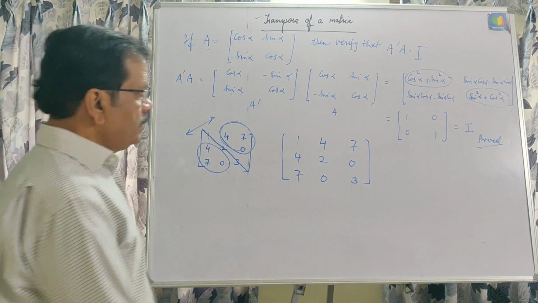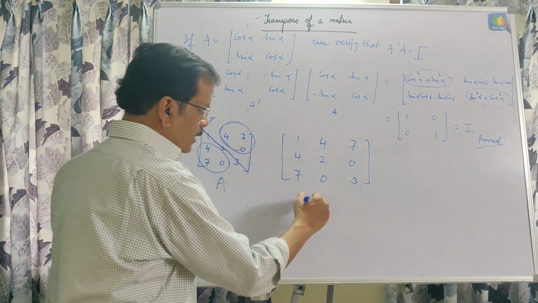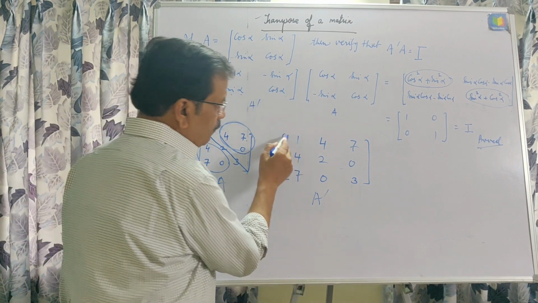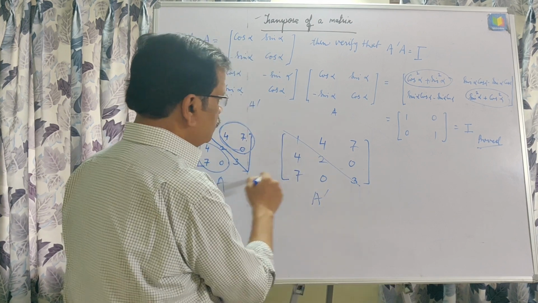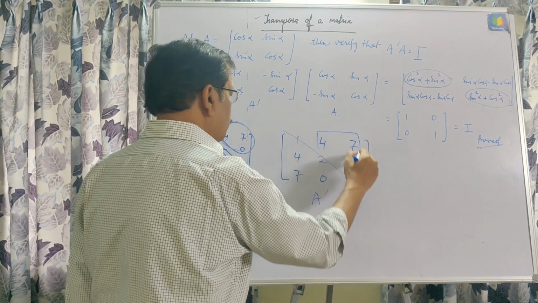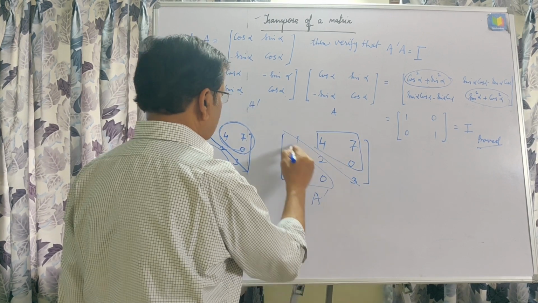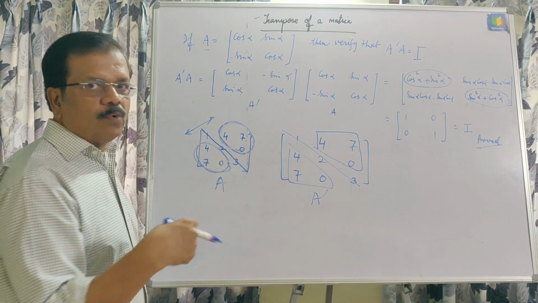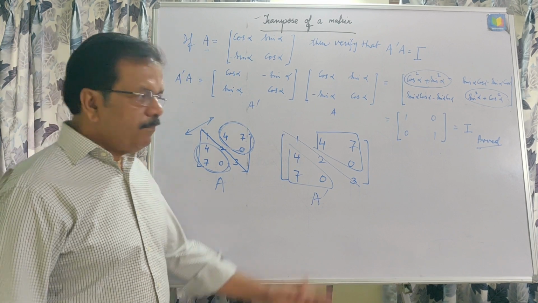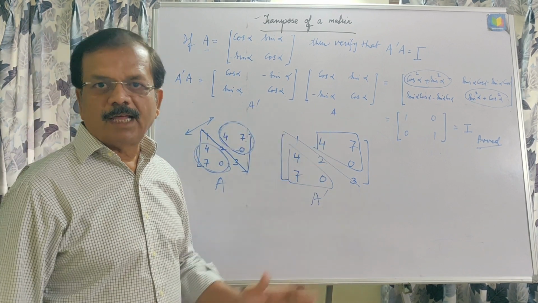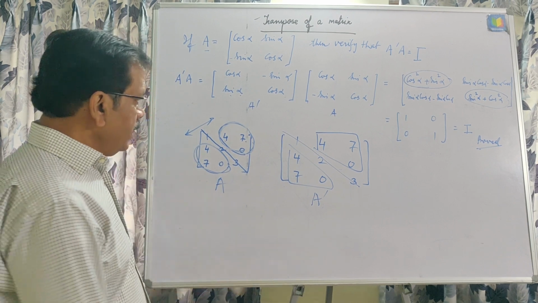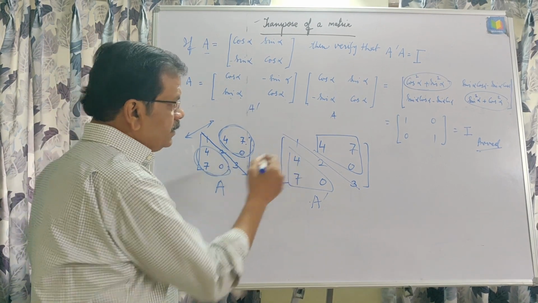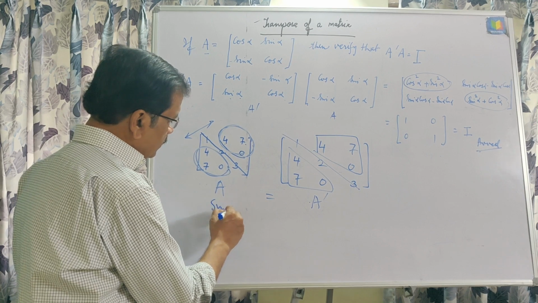Now you can see here, this is matrix A, and this is the transpose of A. After writing the transpose of this, we are again getting the principal diagonal 1, 2, 3, and these numbers 4, 7, 0, and here 4, 7, 0. In this also this is 4, 7, 0 and 4, 7, 0. Means on both sides of the principal diagonal, if the elements are images of one another, or you can say if A is equal to A transpose, then this type of matrix is called a symmetric matrix.